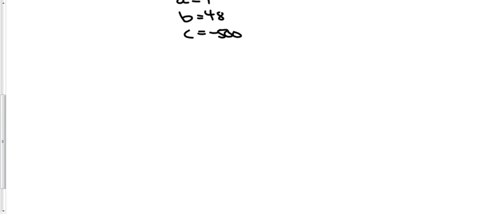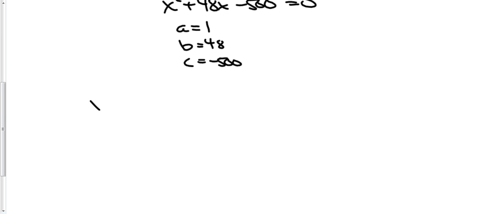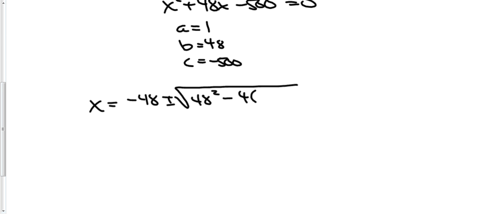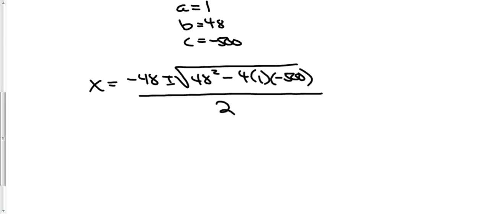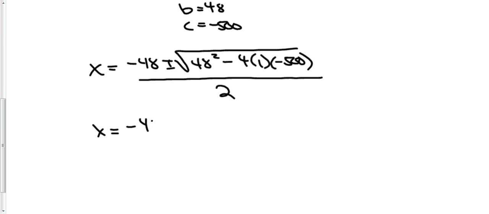Okay? So plugging this into the quadratic formula gives me x is going to be equal to negative 48 plus or minus the square root of 48 squared minus 4 times 1 times negative 500, all over 2 times 1. Okay. Plugging this into a calculator gives me x is going to be equal to negative 48 plus or minus the square root of 304 over 2, which gives me,